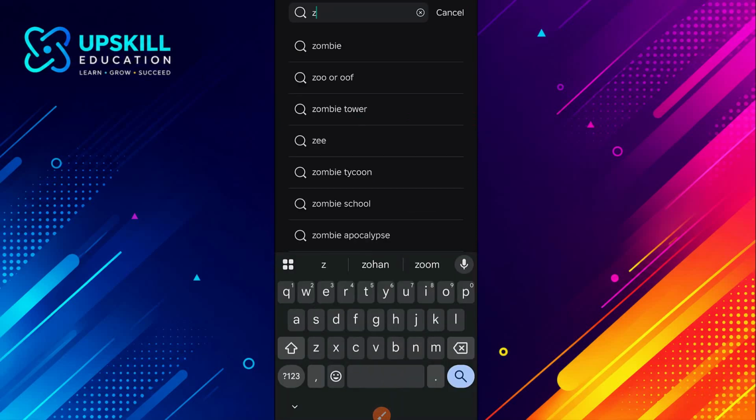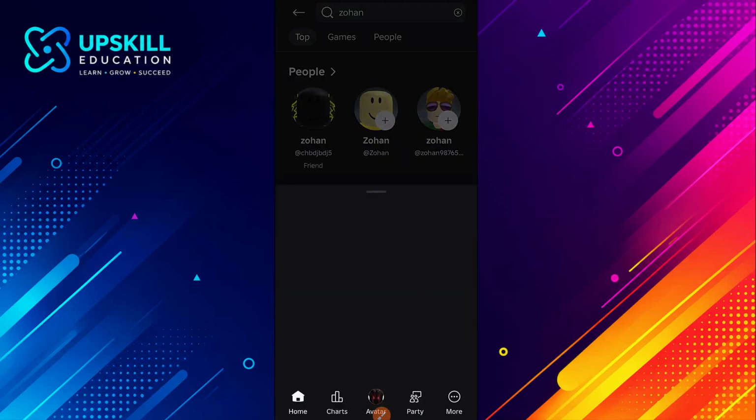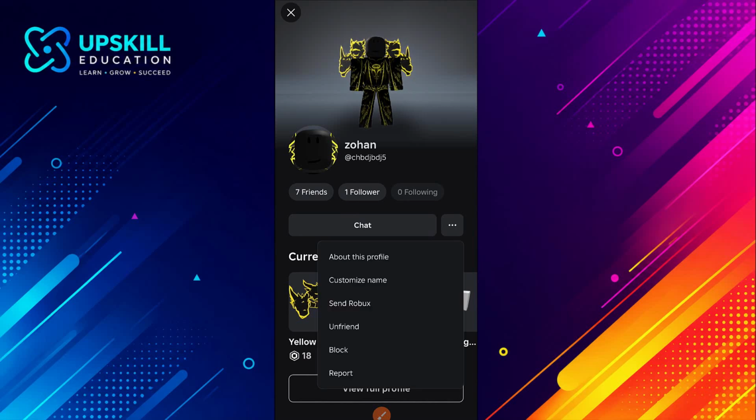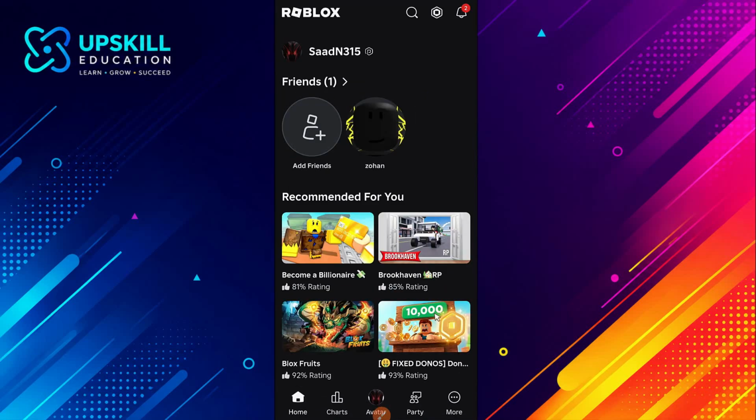So for example, I'll just search for my friend now. I'll open this up. And from here we click on these three dots and we will get the unblock option here. But if you can't find it with the username, what you can do is just on the bottom right